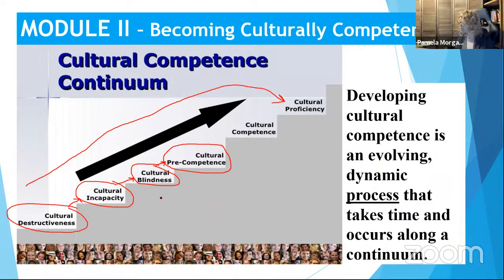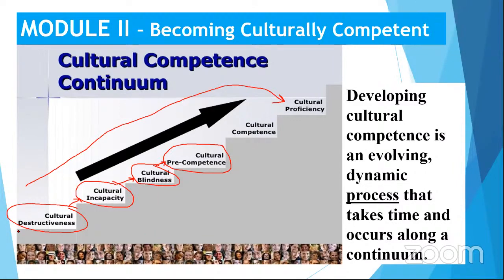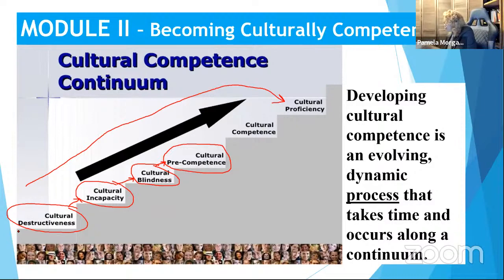then we come to a place of becoming culturally pre-competent. And that's, we're not at a place of competence just yet, but we're striving toward that place. We're striving toward becoming culturally sensitive. And so cultural pre-competence is an awareness of strengths and areas where growth is needed. So we'll move from pre-competence to competence. But when we think about